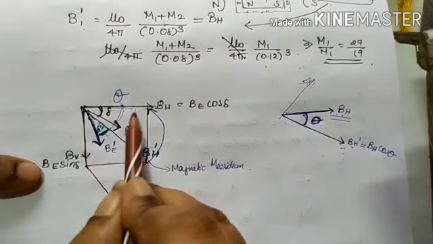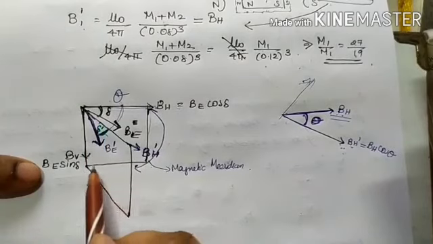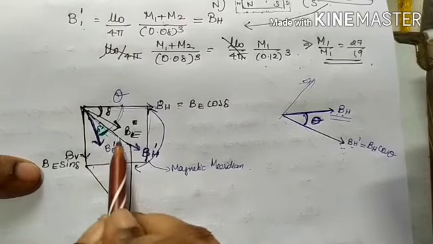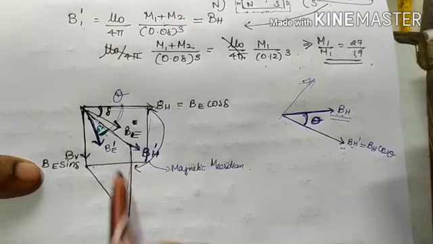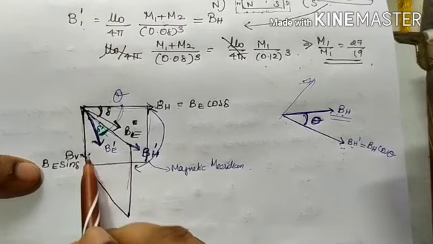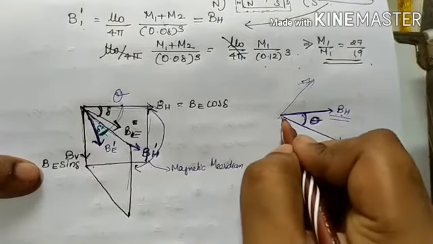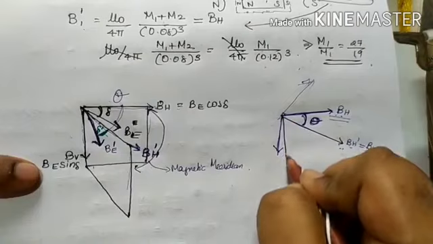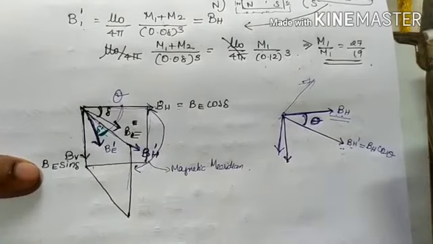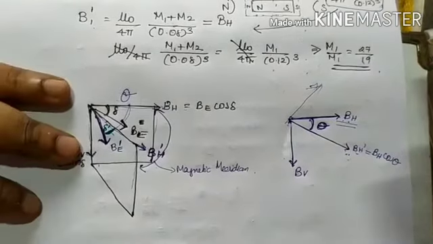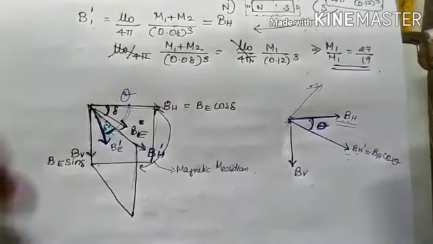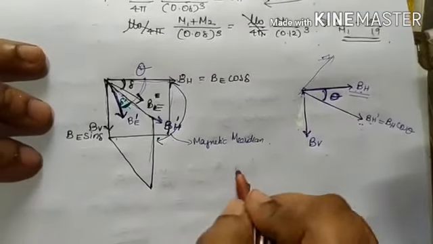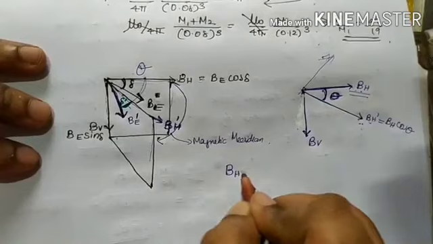So BH dash can be written as BH cos theta, but for both the planes the vertical component is the same. The second plane's vertical component is downwards, and similarly the first plane's also. So I'm going to write a vertical, sorry, it's not straight. This is our BV. This much is clear, guys. After drawing BV, I hope you understood this figure. Now I have reduced the complicated figure into a simple one, and now we are going to do the derivation.